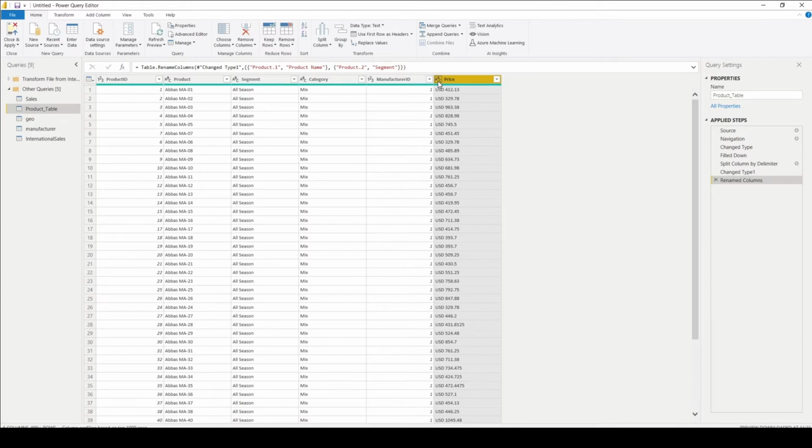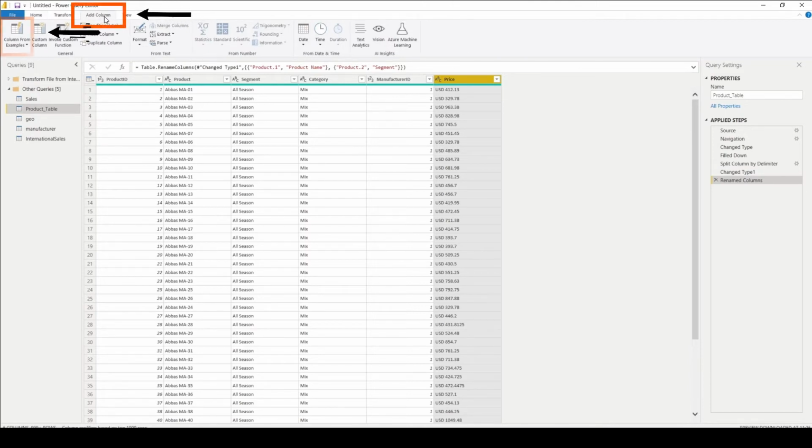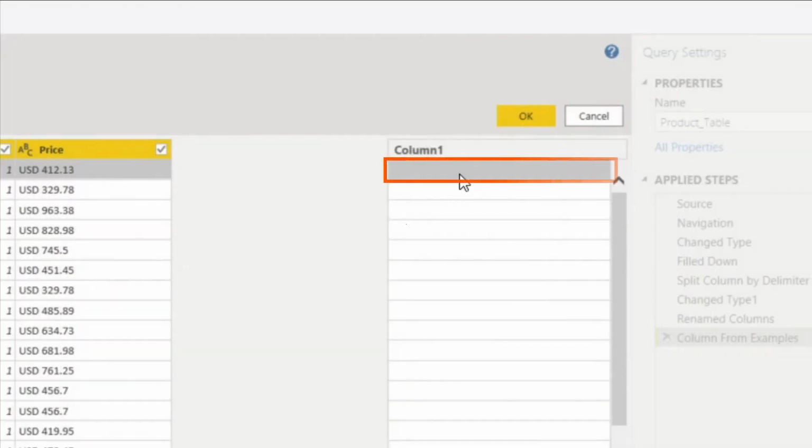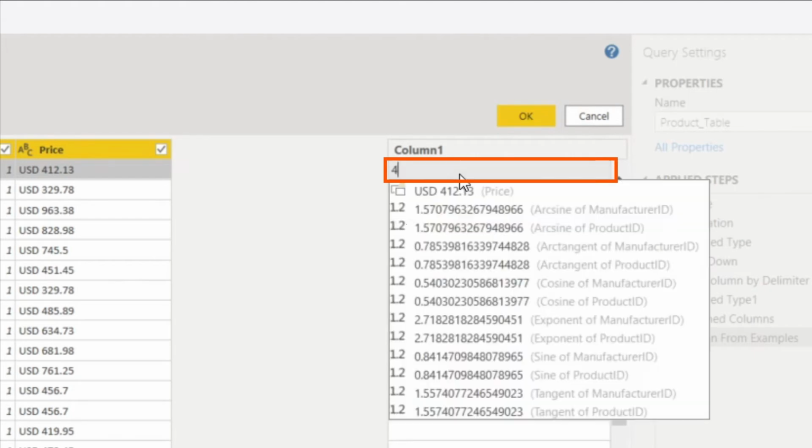Let's carry that out now. From the top ribbon, click the Add Column tab and then click on Column from Examples. If you click on the drop-down, the option that we need is from all columns. You'll be greeted with a page that looks like this. In the first row of column 1, I'm going to type in